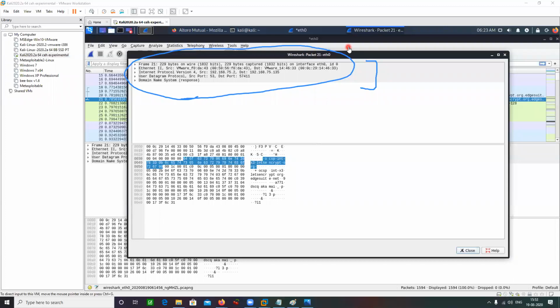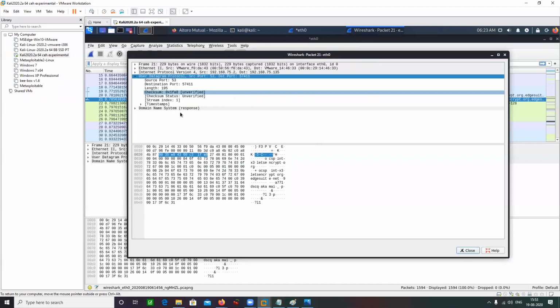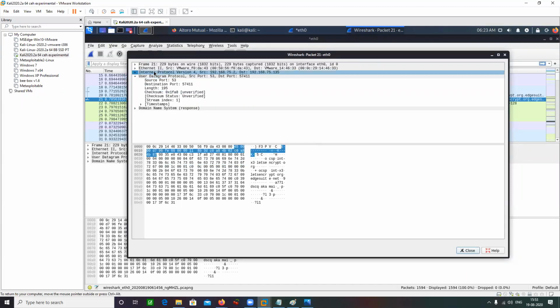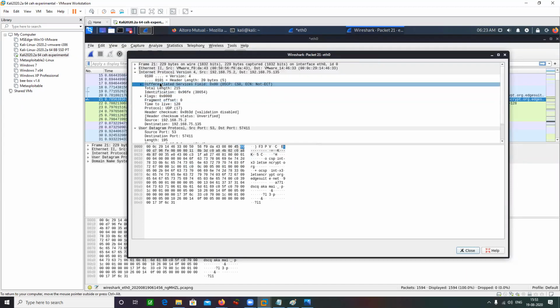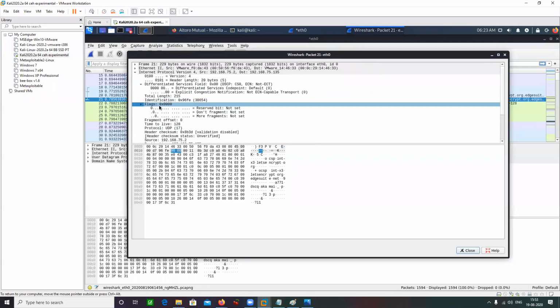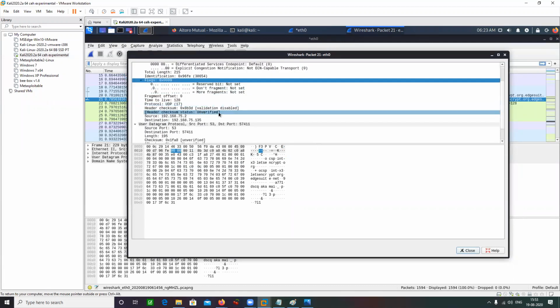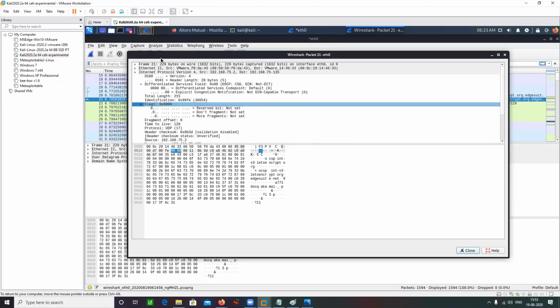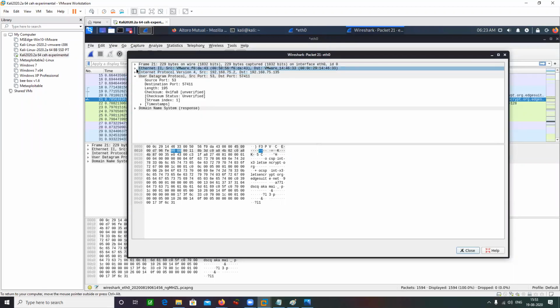If the packet is leaving your machine, it is going to be encapsulated. If it is being received by your machine, it is going to be decapsulated. Both of them are going to be visible to you here. So what you can try doing is double click on them, open them, go through them, and inspect them. This is your packet header analysis.